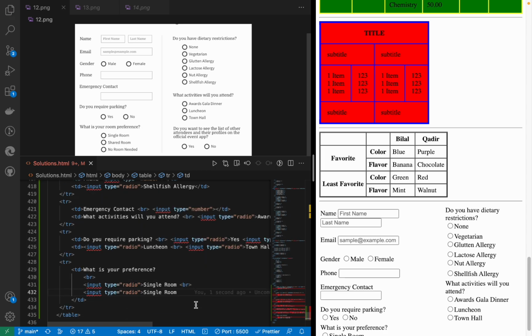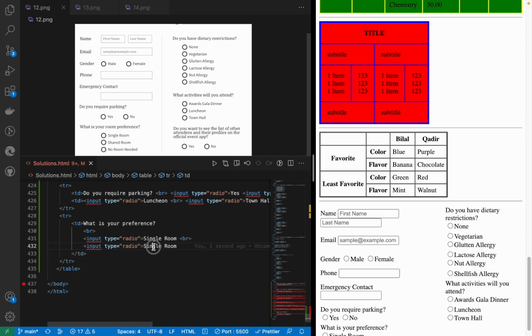This part is also done. Single room, shared room, and the last is no room needed. Okay, done. So we have done our first column. The second column will be like td. Okay, td do you